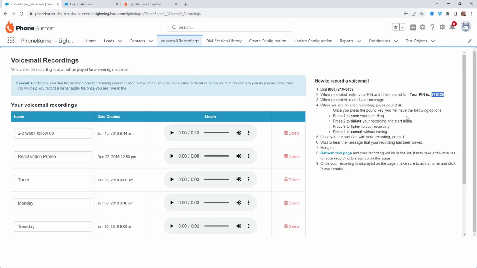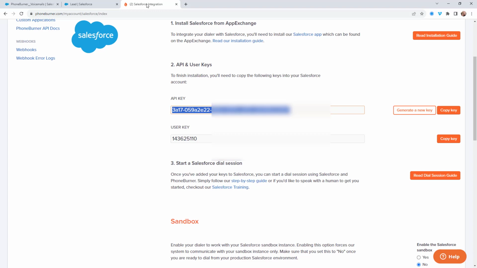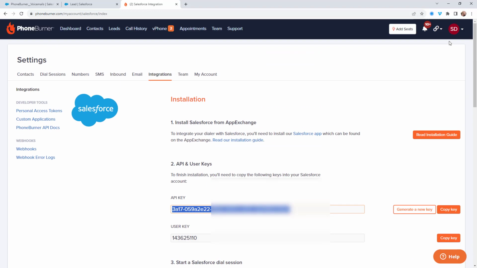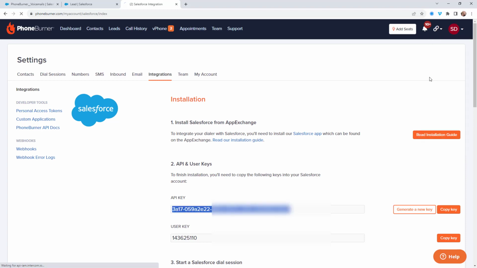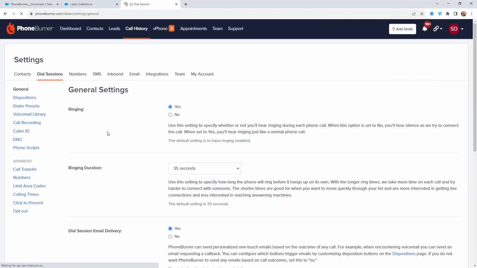However, for those of you who don't want to dial in and record a voicemail, you can of course jump over to the PhoneBurner settings. So I'm going to do that now. In the upper right hand corner, click on your initials, go down to dial session settings. In the dial session settings, you're going to go to the voicemail library,